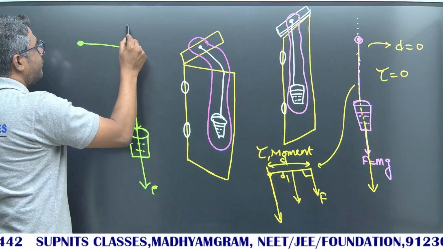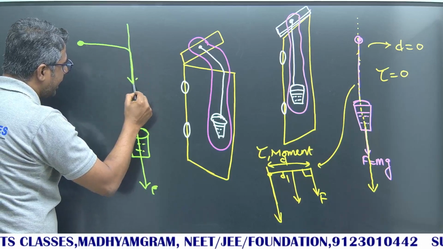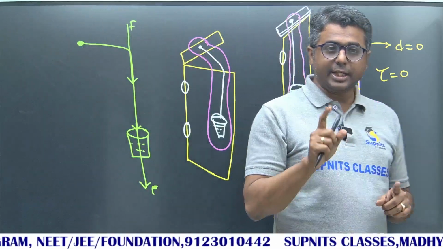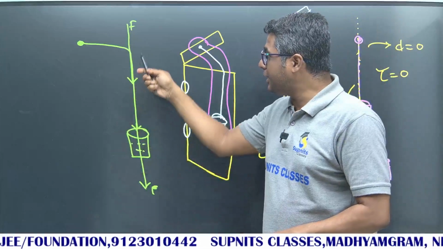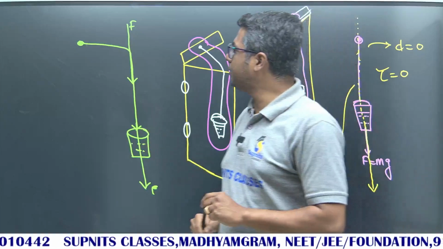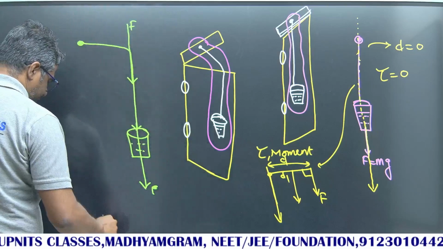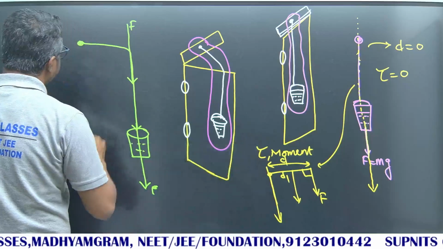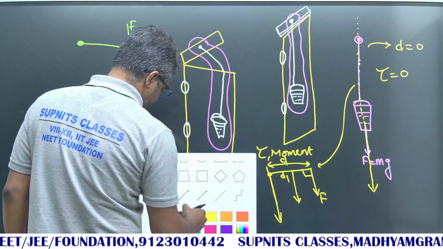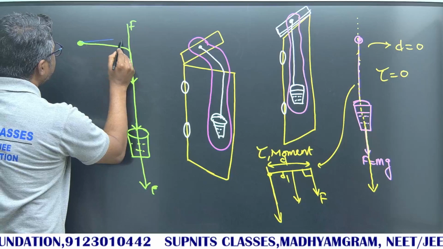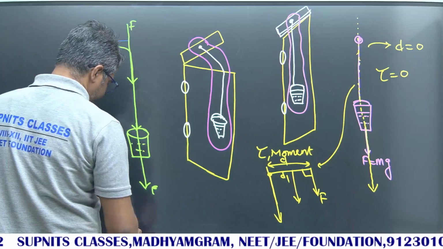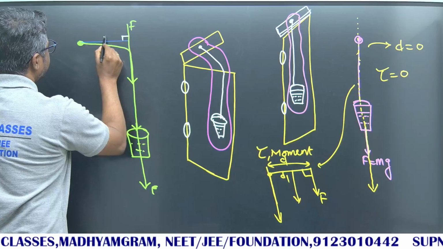If I ask you what is the line of action of force, this is the line of action of force. At this point of time, the line of action of force is not passing through the pivot. And what I have to do to get the D? I have to draw a perpendicular over here like this. Now, this is the perpendicular and so this will be my D now.